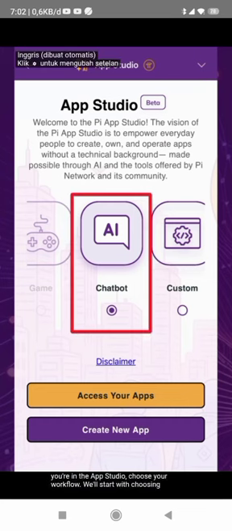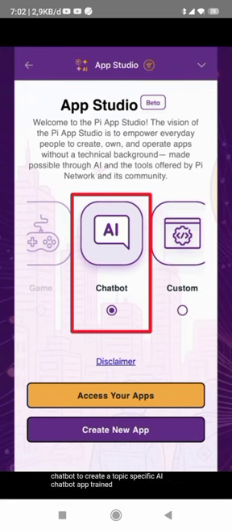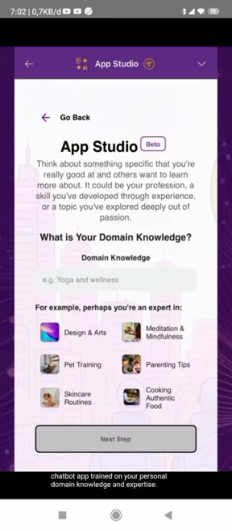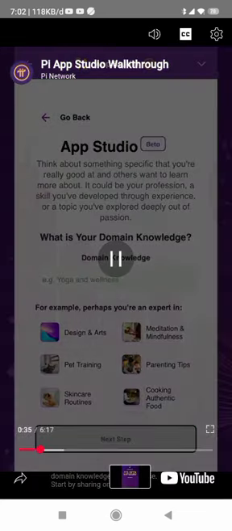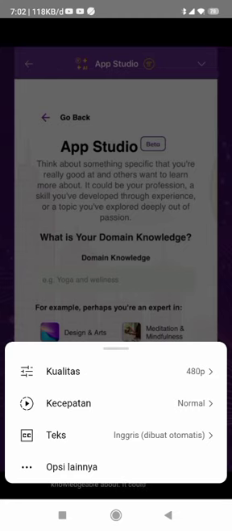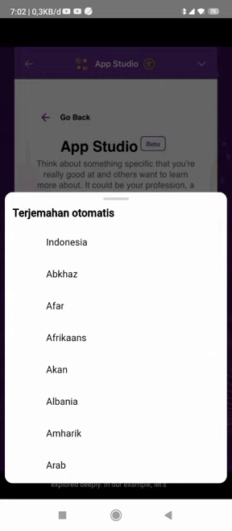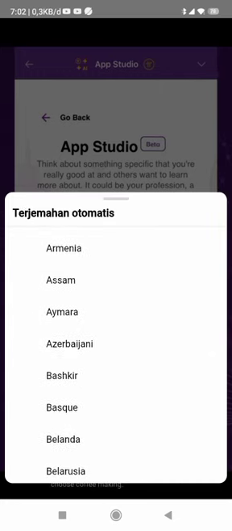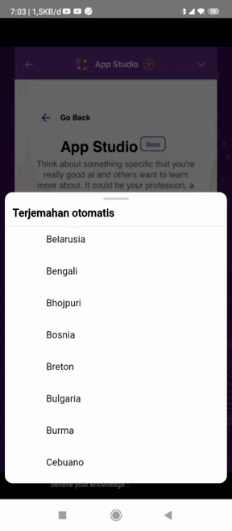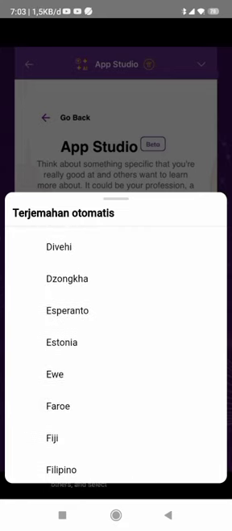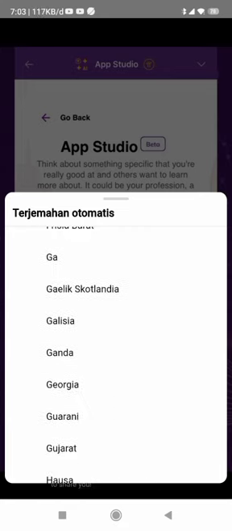We'll start with choosing Chatbot to create a topic-specific AI chatbot app trained on your personal domain knowledge and expertise. Start by sharing one topic that you're knowledgeable about. It could be your profession, a hobby, or anything you've explored deeply. In our example, let's choose coffee making. Confirm if you believe your knowledge can benefit others and select yes if you're ready to share your expertise and